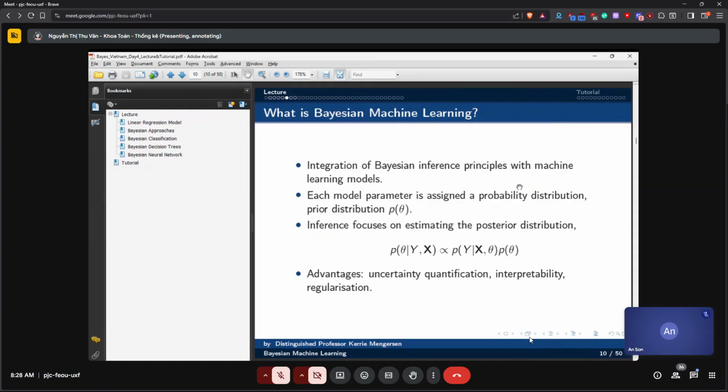From this we get uncertainty quantification, interpretation, and also regularization, in other words, the coherence of the model and the output.